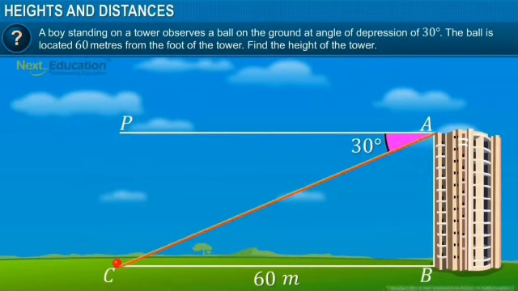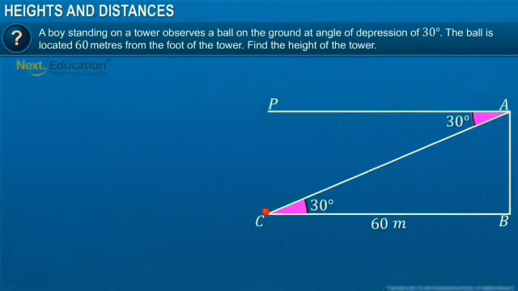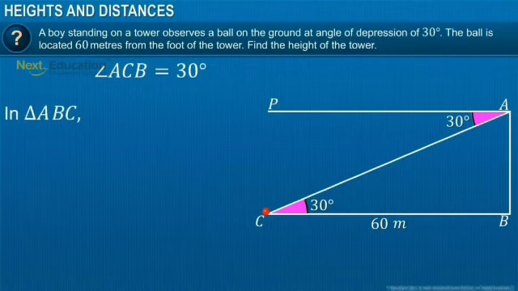Considering the side AC as a transversal between the two parallel lines AP and BC, angle PAC and angle ACB are alternate angles. Then they are equal. Then angle ACB is equal to 30 degrees. In triangle ABC,